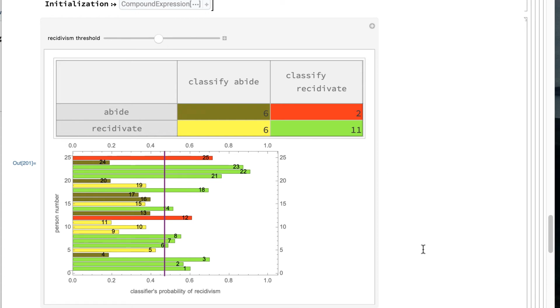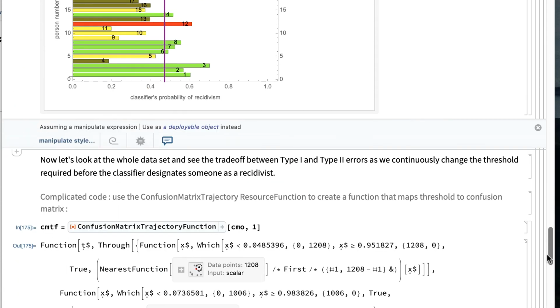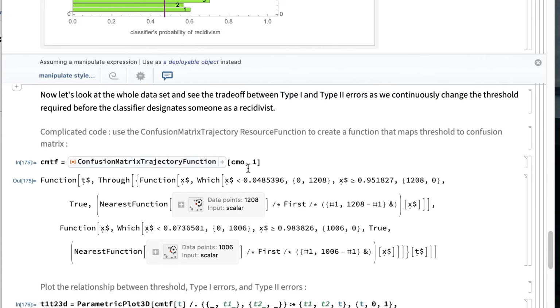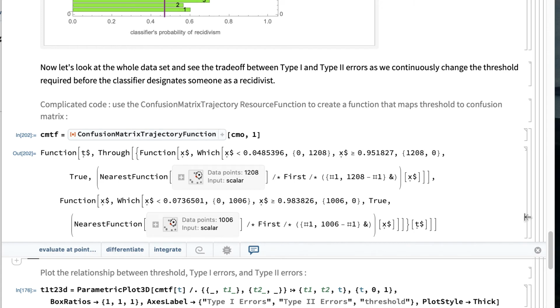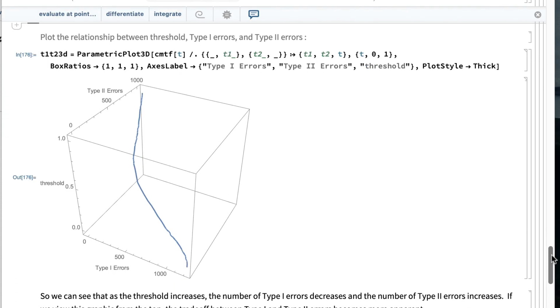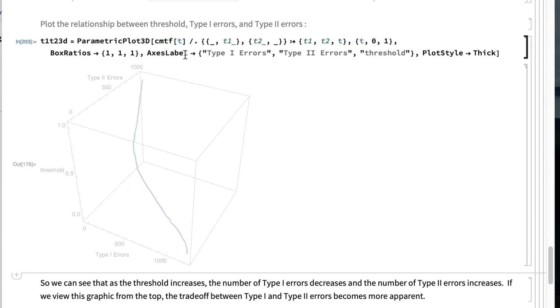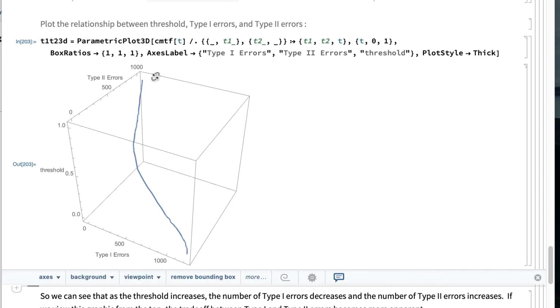Well, we can actually do this not just with the first 25 people. I just picked 25 here because otherwise I'd have too many bars to visualize. We can do it with the whole gang. And to do this, we've got a little bit of code here. We've got a resource function written by yours truly that really automates this process. And we can now see as I change the threshold, boom, boom, boom, boom, we can see that there's a